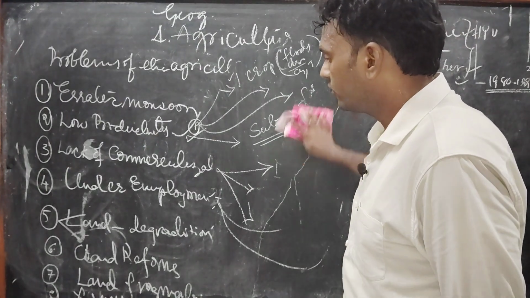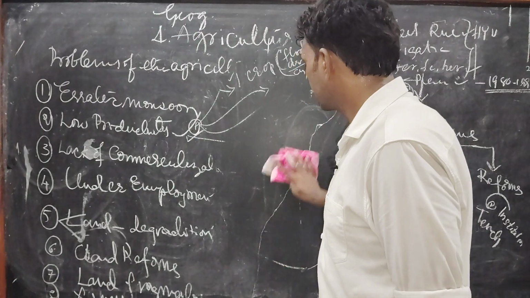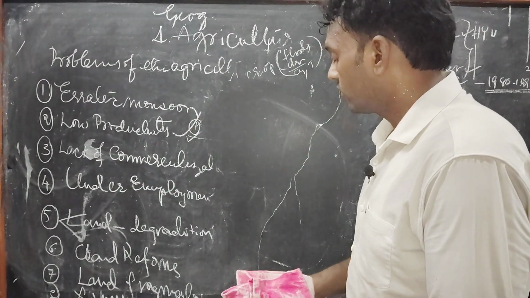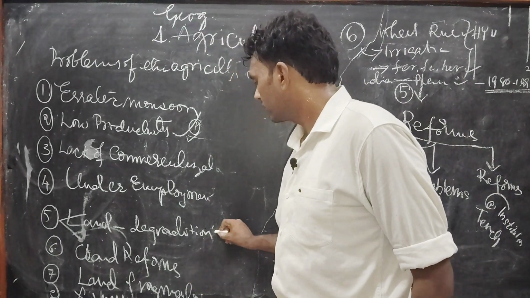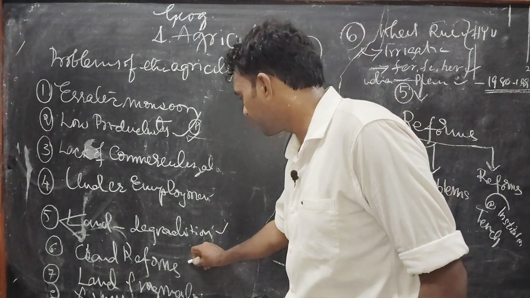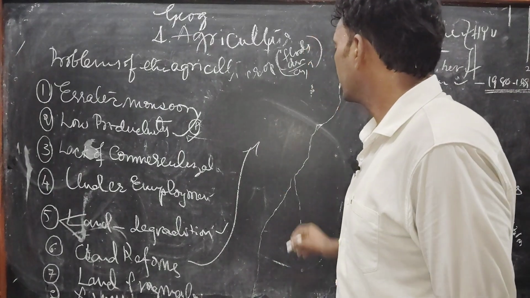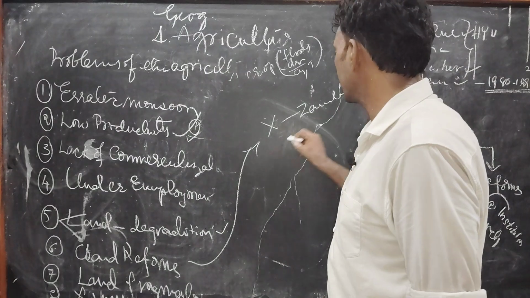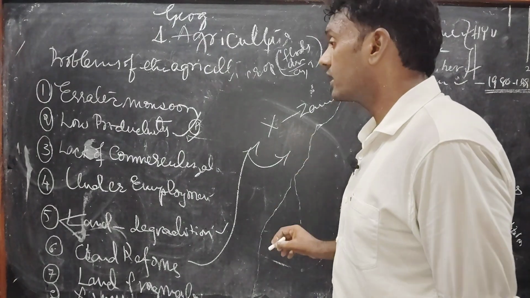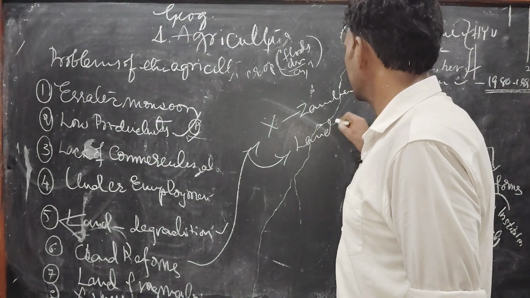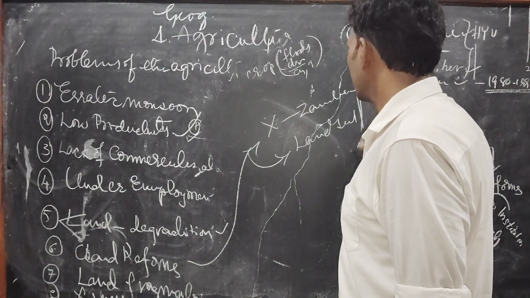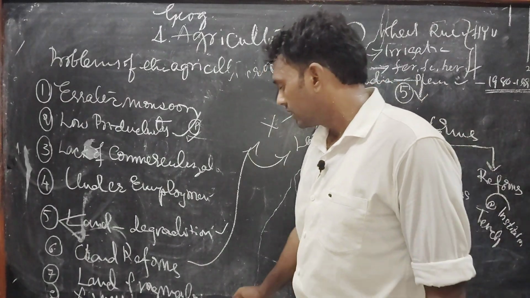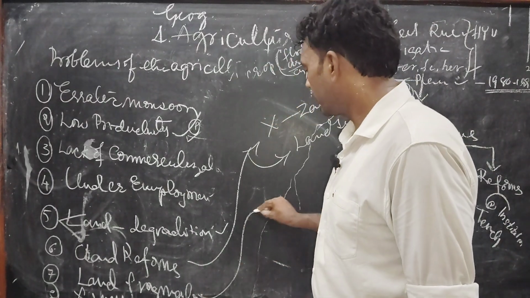Okay, coming to land reforms. In land reforms, what did they do? The government abolished the Zamindari system, and it has also taken the Land Ceiling Act. These are taken by the government only, but these are not the important things. Coming to land fragmentation, here we need